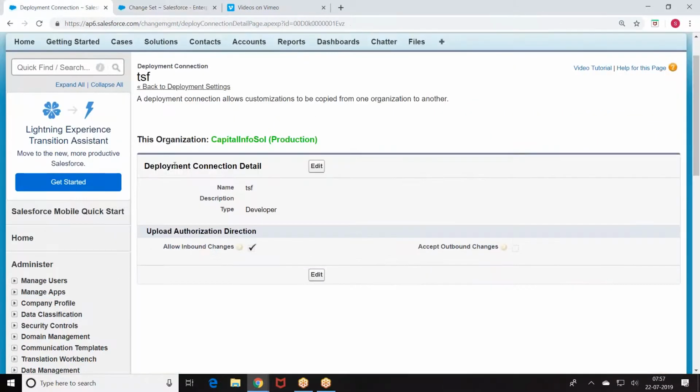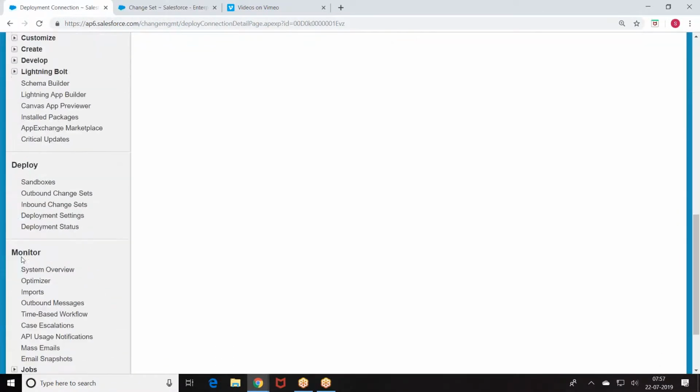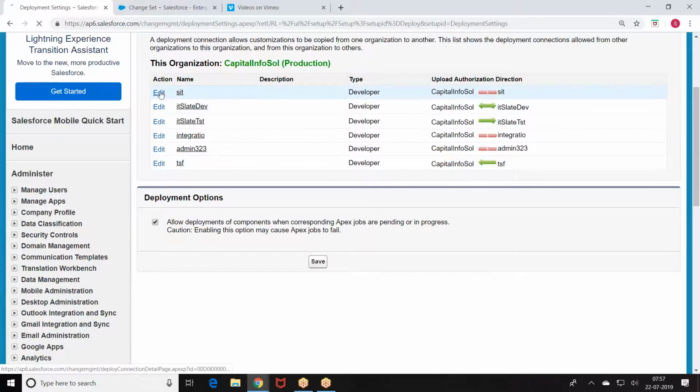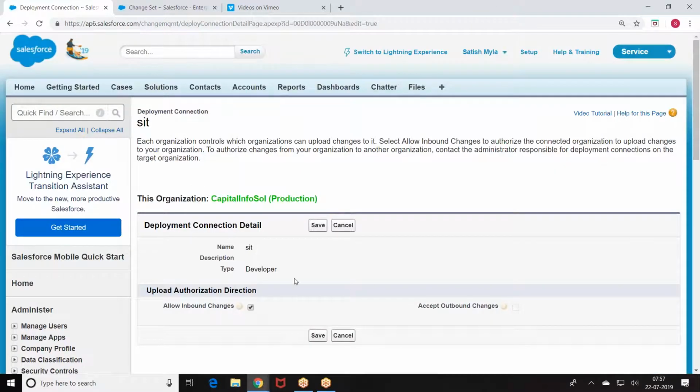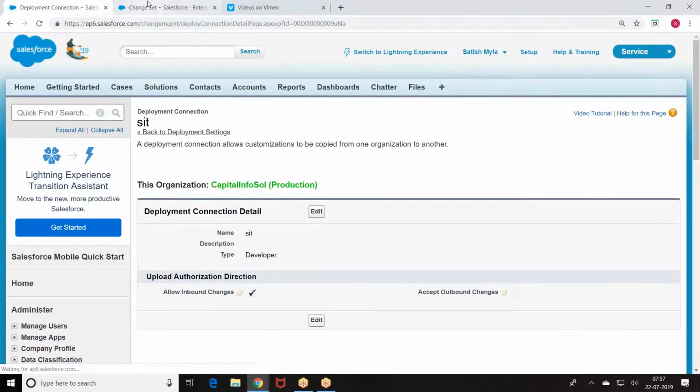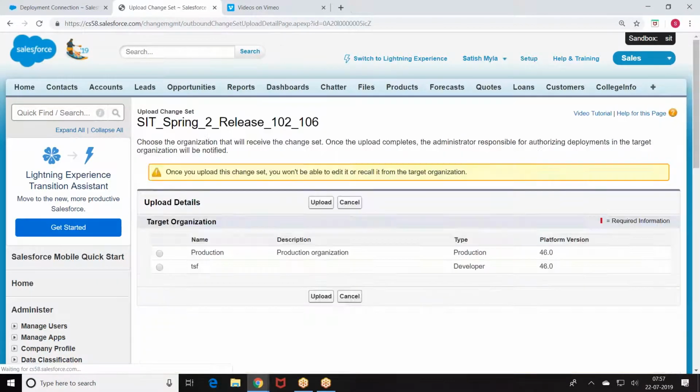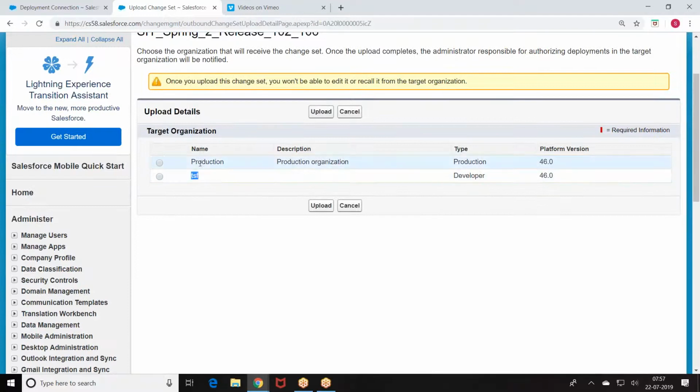SAT, sorry. The sandbox is SAT. Go to deployment settings. I enable it for TSF. Actually, the sandbox is SIT. Upload. Now I am able to see TSF for production.